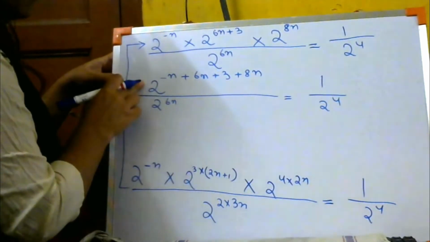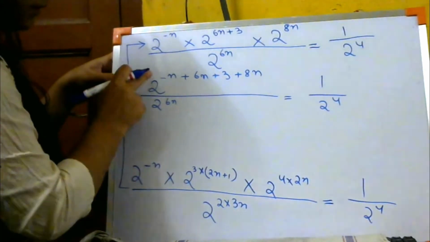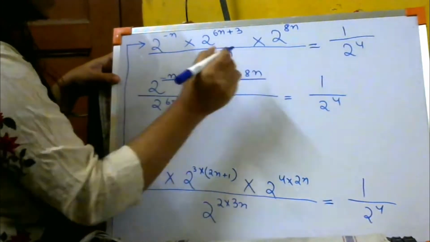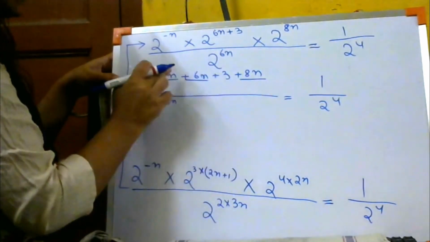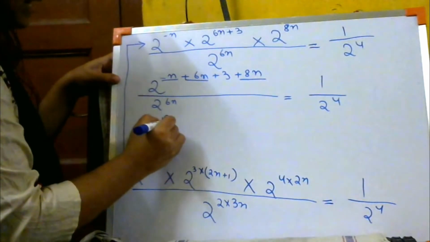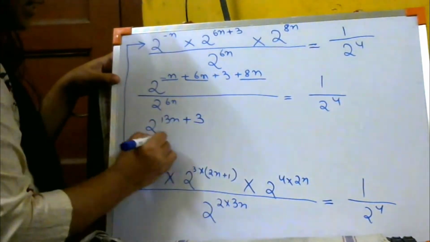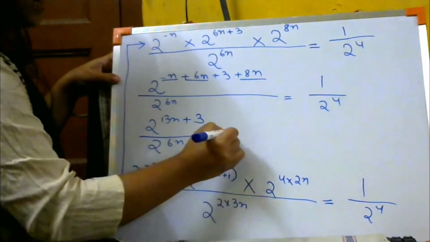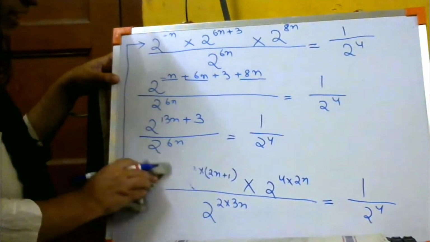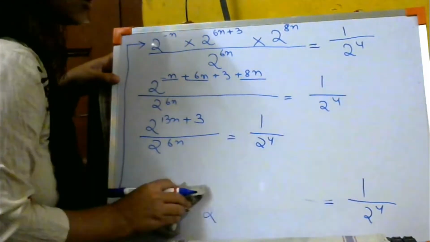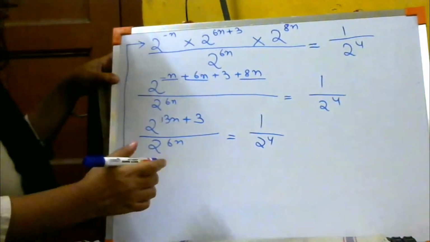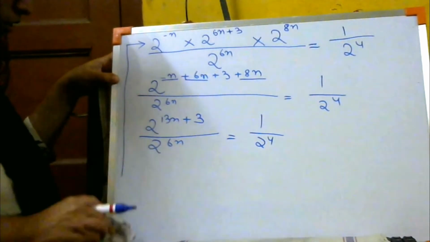Okay, so now what are we going to do with this? We are going to add all the digits over here. I can add all the n's together. So this is 14n. 14n minus 1n is 13n. So we are going to write 2 to the power 13n plus 3; the 3 is alone so leave it alone. Divided by 2 to the power 6n equals 1 by 2 to the power 4. Look, this is revision, so I don't need to explain each and every step to you because I have already explained these kinds of steps. By now you should know how to do the sums. Clear? So now let us solve this.